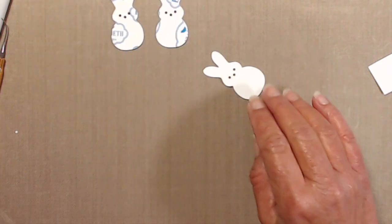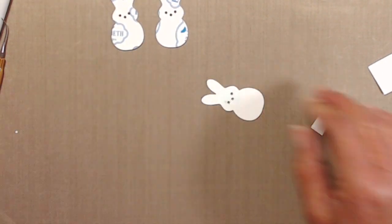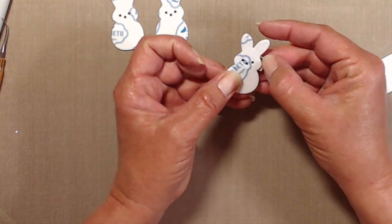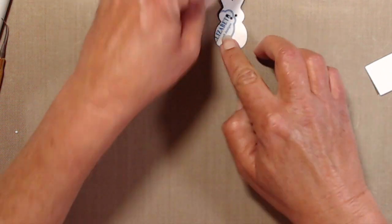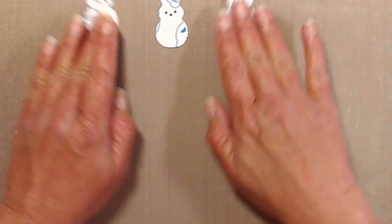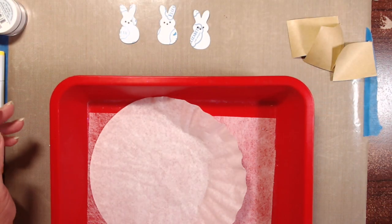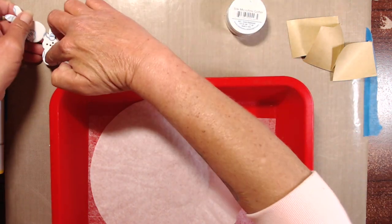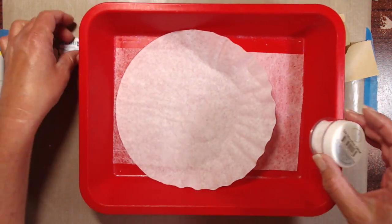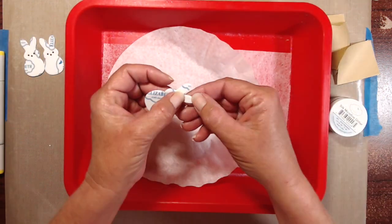Once I had their eyes and noses done, it was time to get them ready to be glittered up. So I got my tray with a fabric softener sheet and a coffee filter. The fabric softener sheet actually helps with the static, and then the coffee filter is just going to catch all of the glitter. So I removed the release paper off the front of each bunny, and I mentioned previously to